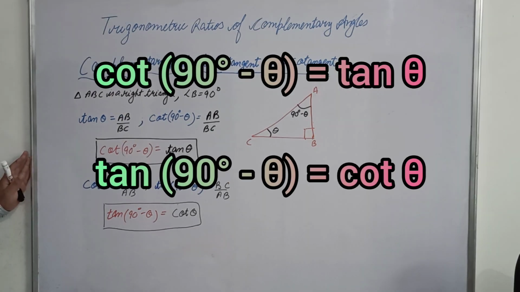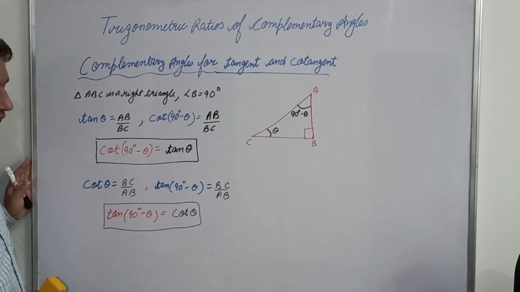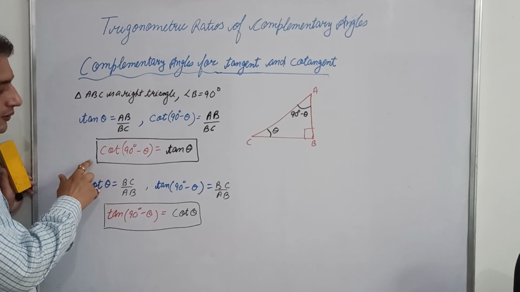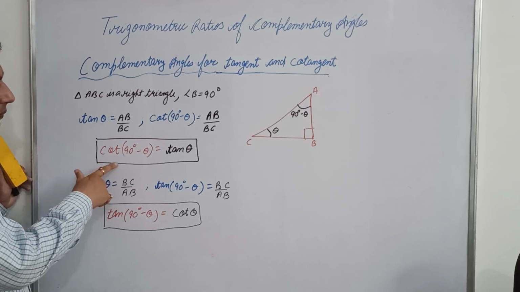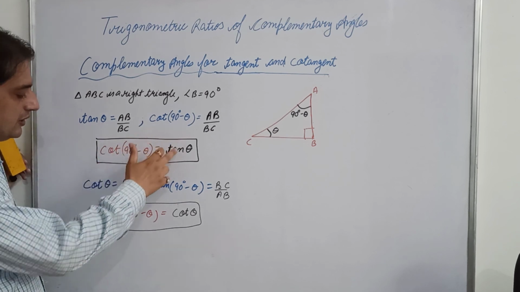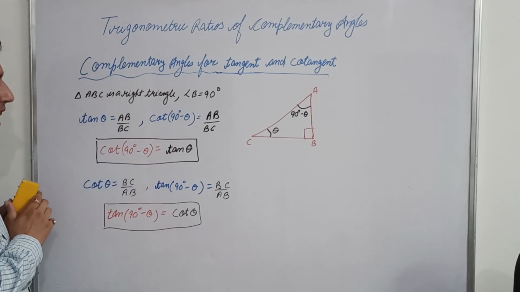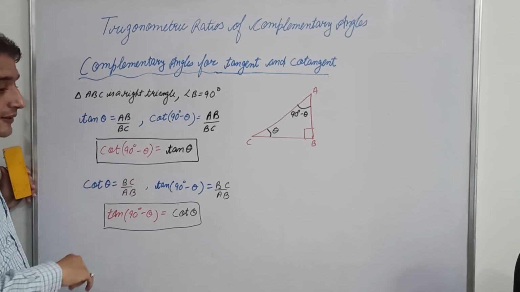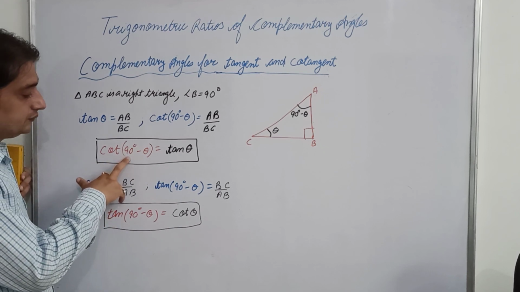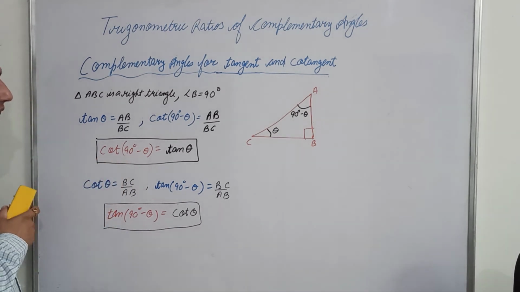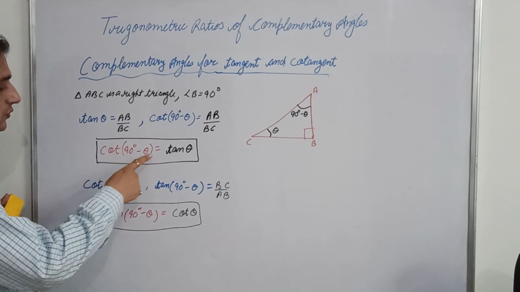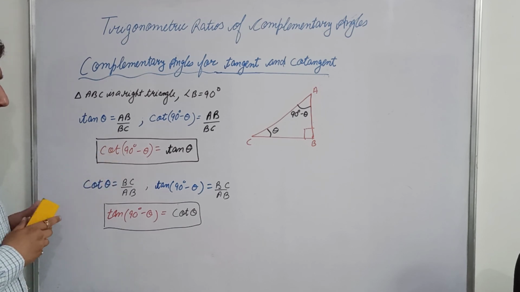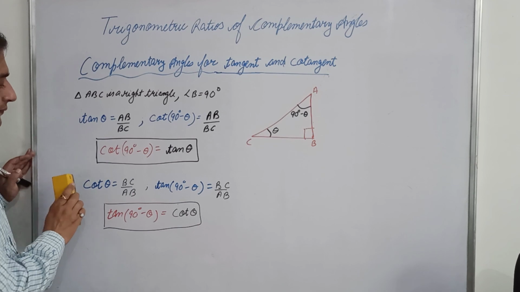Similarly you can find the values of complementary angles for secant and cosecant. So students, remember these two values of complementary angles: cotangent in terms of tangent, or tangent in terms of cotangent. You can find the T ratios of their reciprocals by using the complement of that angle. Tangent is the reciprocal of cotangent, but in terms of their complementary angles.